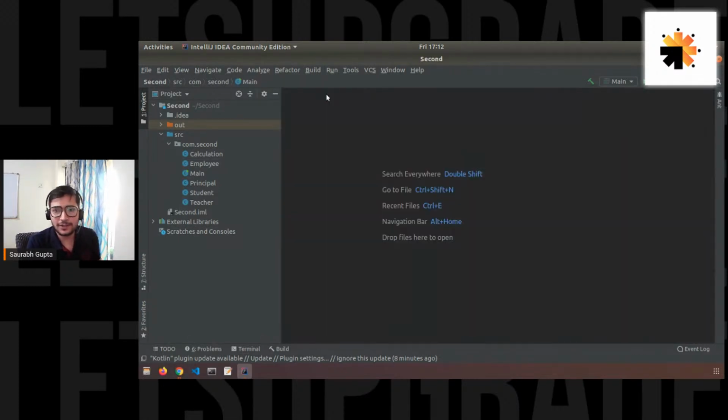Okay, so let's talk about interfaces first. I think we got the explanation yesterday that an interface is just like a class, right? Interface is just like a class in which all the variables are by default